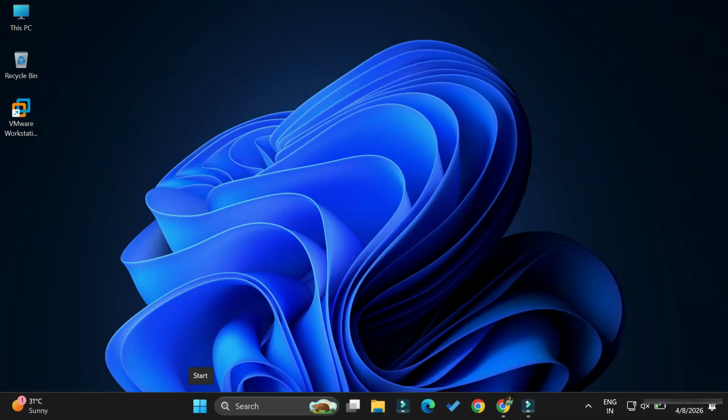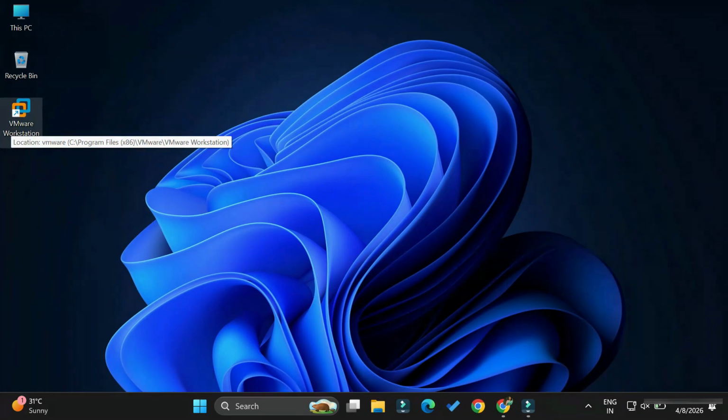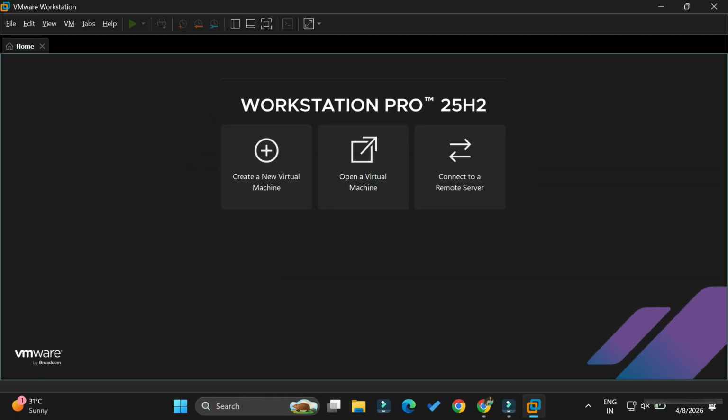I have already installed VMware Workstation Player on my system. If you have not installed it, I have given the video link in the description box. You can follow that and install it. After installing VMware Workstation, you can go for the installation of Ubuntu. Here, I have just started my VMware Workstation and I'm opening any browser,